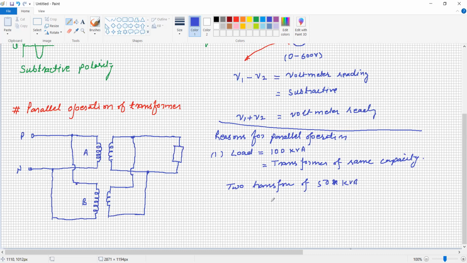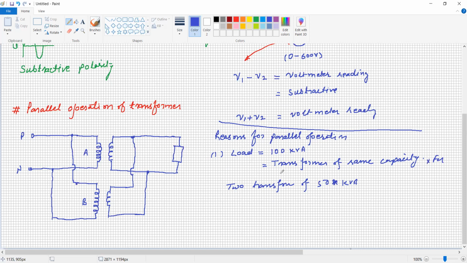We cannot disconnect the supply to such type of load. So these types of load can be supplied by a single transformer when a number of transformers are connected in parallel during failure condition. One more thing, suppose we are using only one transformer of 100 kVA. Suppose this transformer fails, what happens?